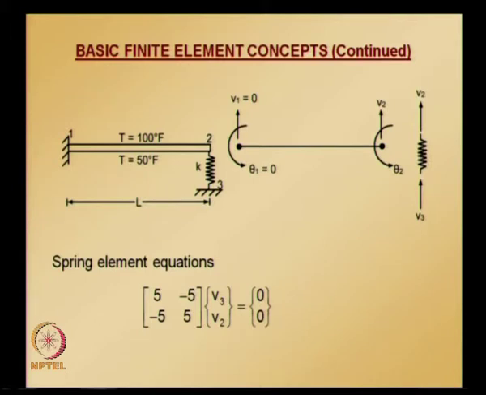There will be a total of 5 degrees of freedom for this particular problem, because at node 1 we have 2 degrees of freedom, at node 2 we have 2 degrees of freedom, and at node 3 we have only 1 degree of freedom. So the total global equation system will be 5 by 5, and let us see how the contributions go into this global equation system. The beam element contribution goes into rows and columns 1, 2, 3, 4 of the global equation system.